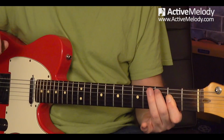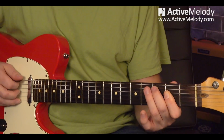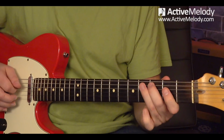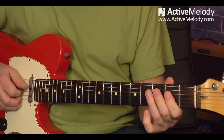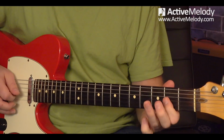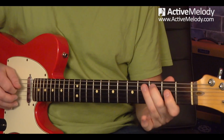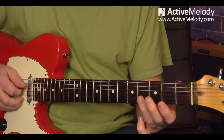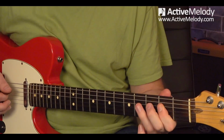I'm going to come with my middle finger to the 3rd fret, 5th string, doing a hammer on to the 4th fret, and then we're going to play 2, 4 on the 4th string, and then the 2nd fret, 3rd string. Now we're going to go back down, so that would be the 4th fret and the 2nd fret on the 4th string. So we have...